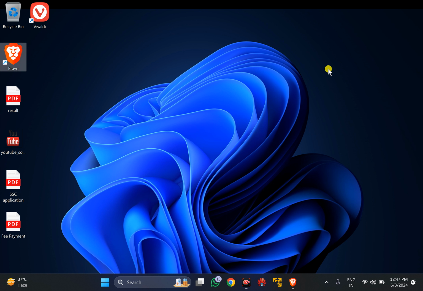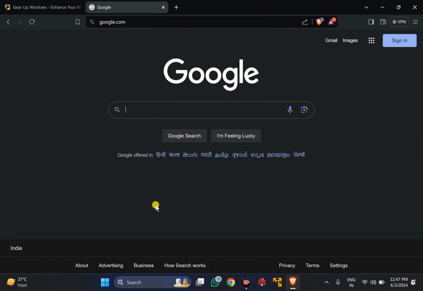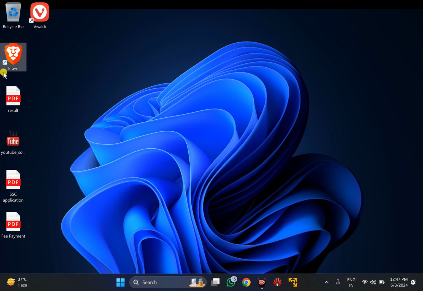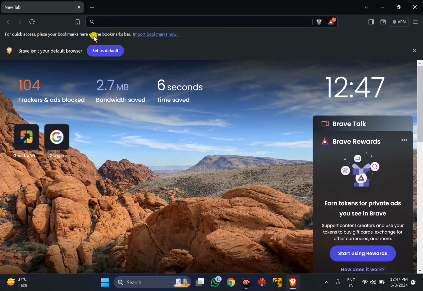In this video, we will guide you on how to always restore previous session tabs in Brave browser. By default, when you browse a few websites on your Brave browser, close it, and reopen it, you find that a new tab opens automatically and the previously opened tabs do not get restored by default.